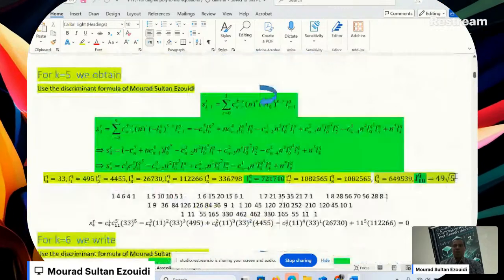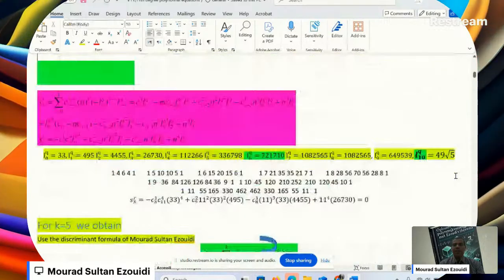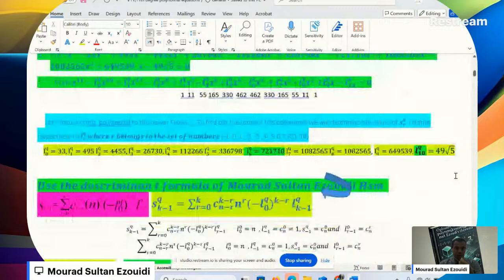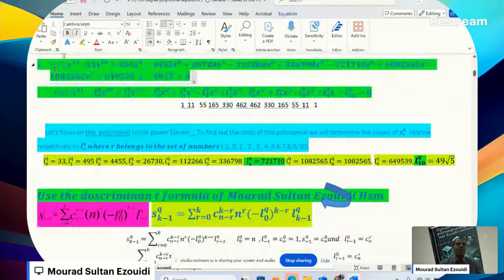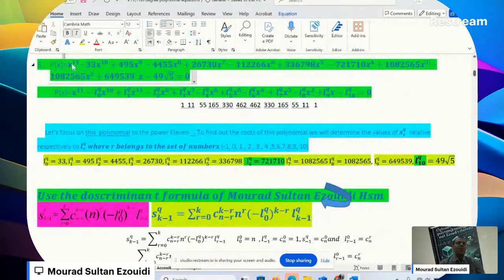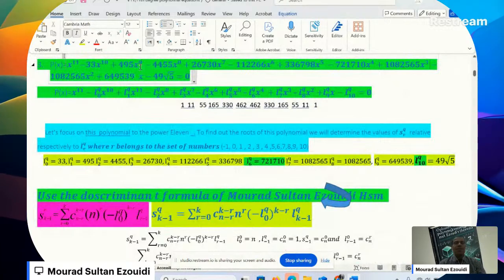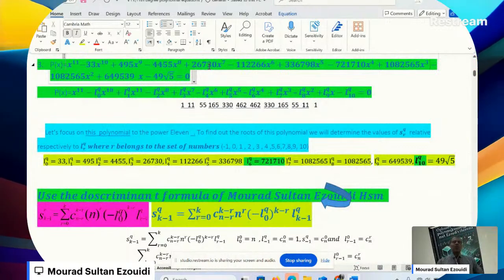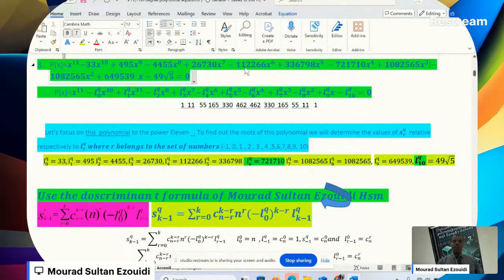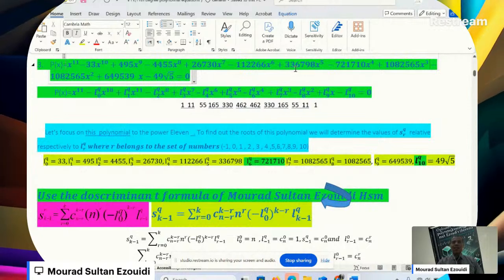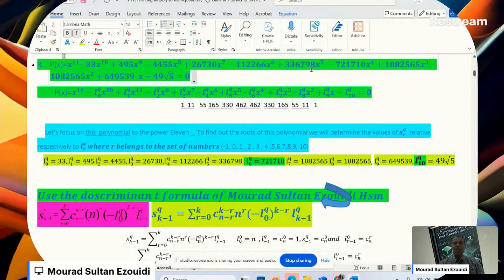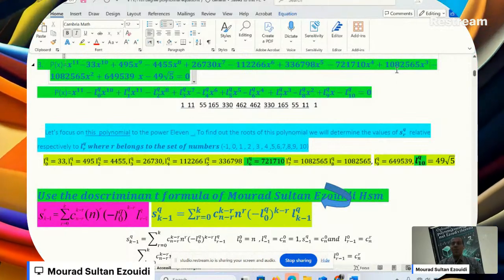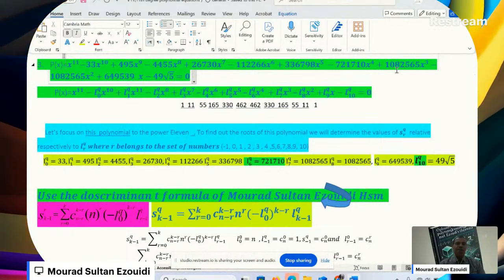Okay, stop here. So here, my kids, is our 11th degree polynomial equation that I will solve in front of you using the Ezouidi theorem. Let's start. Our polynomial of degree n equal to 11 is x to the power 11 minus 33x to the power 10 plus 495x to the power 9 minus 4,455x to the power 8 plus 26,730x to the power 7 minus 112,266x to the power 6 plus 336,798x to the power 5 minus 721,710x to the power 4 plus 1,082,565x cubed minus 1,082,565x squared